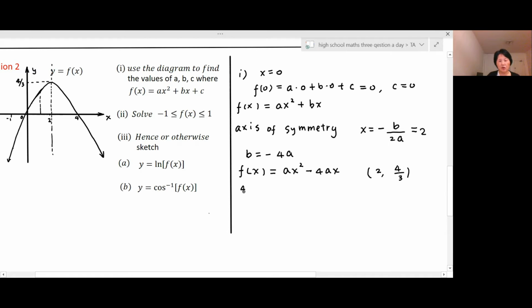So 4 on 3 equals a times 2 squared minus 4 times a times 2. Now 4 on 3 equals 4a minus 8a, then 4 on 3 equals minus 4a. Okay, so now the a must be equal to